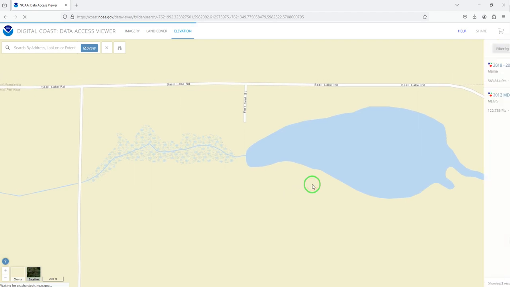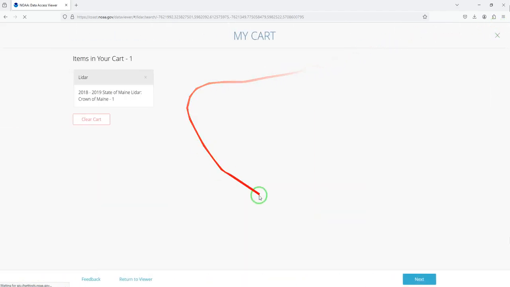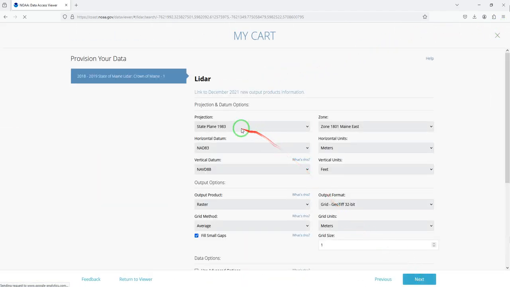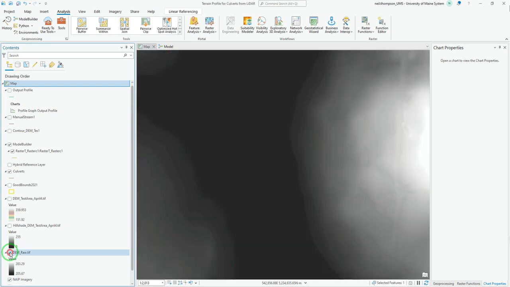Click, hold, drag, release. Go to our shopping cart and then proceed to download our data. We will go with the defaults on this grid method average, all other defaults kept unless you want to do something different. Now we have our 1 meter resolution digital elevation model, but we want to see that as a